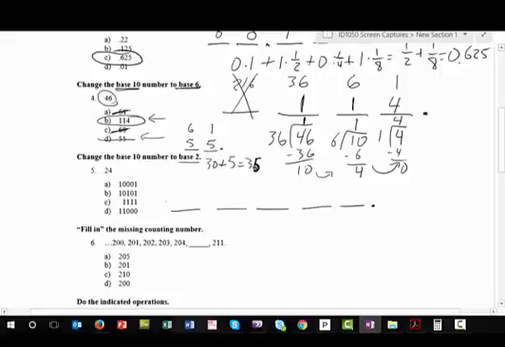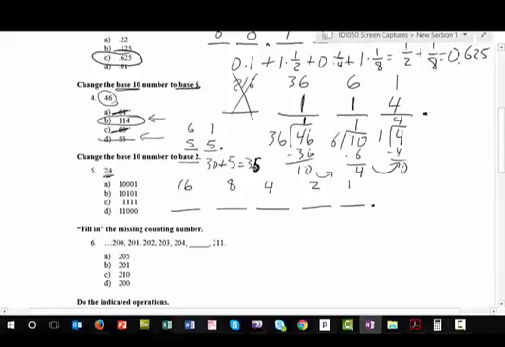I need to figure out what the digits are to put in here. I need to label the column. So this is always worth 1. This is always worth the base. This is worth the base times the base. Times the base again is 8. Times the base again is 16. The next column is 32, which is too big for my number 24, so that's why I didn't need that